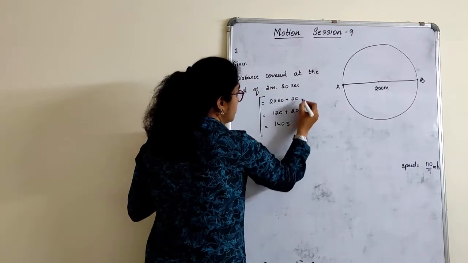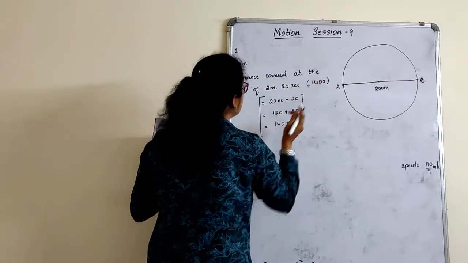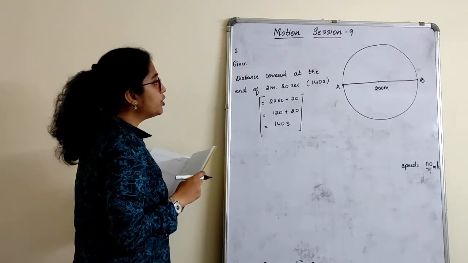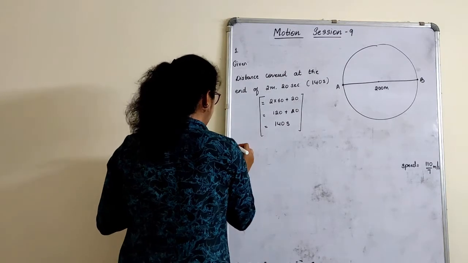So this calculation we will keep it here. I will write in bracket here 140 seconds. Distance covered at the end of 140 seconds. Keeping that as it is, therefore